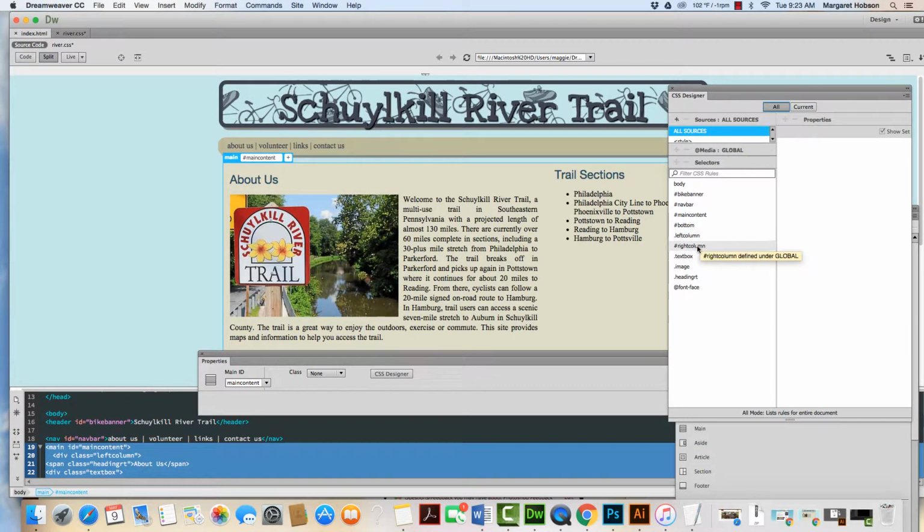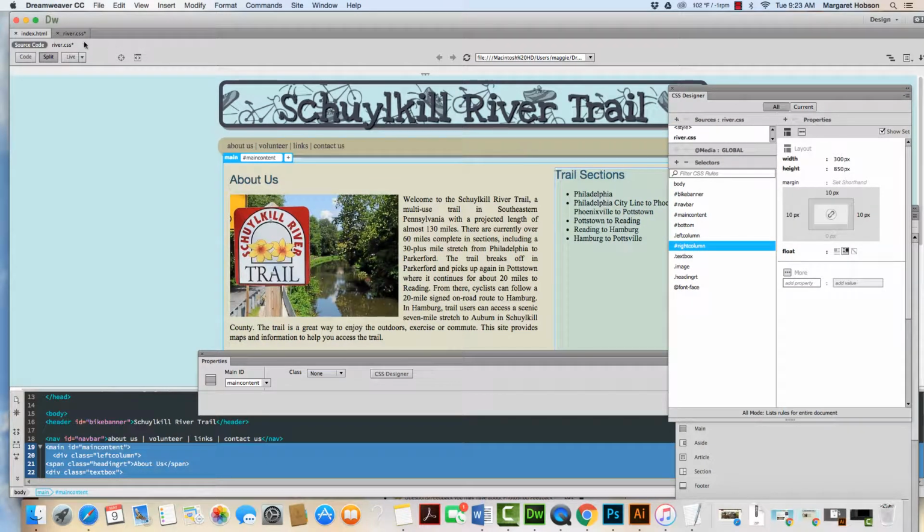So I'm going to come right to the right column, and right now I'm in live view, and I want to add more of a margin to the top. So this is really nice because I can see it move on down. And I want it to line up, but maybe line more closer up to this image, so the About Us is really the focus. Now the next thing I want to do is I'm going to add a background color, and I'm thinking I'm going to pull the color from right up in here,